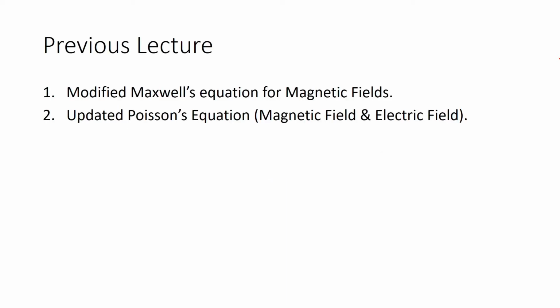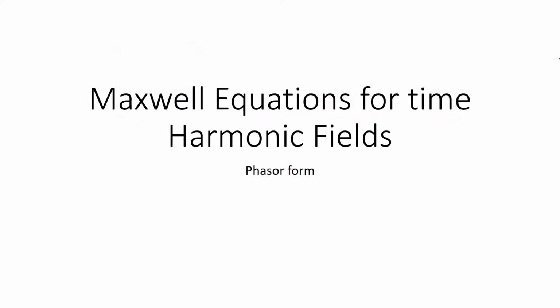In the previous lectures, we have seen the modified Maxwell's equations for magnetic fields, and then we have updated the Poisson's equations for time varying electric and magnetic fields. In the current lecture, we would be discussing the Maxwell's equations for time harmonic fields, and the Maxwell's equations would